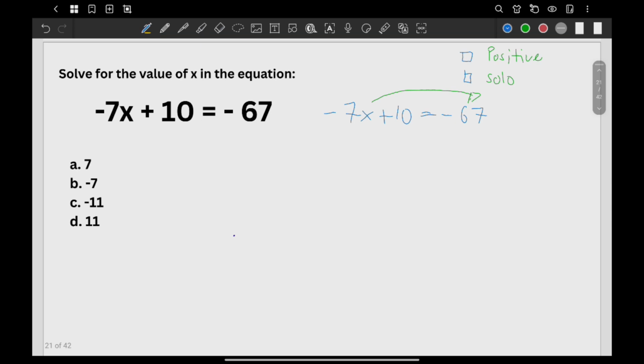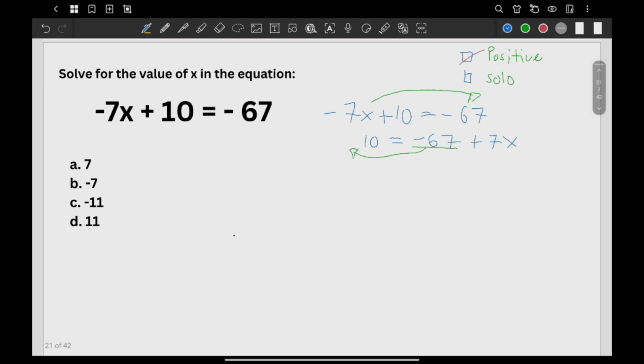Okay, so we have now here 10 is equal to, I will not do transposition simultaneously, just one by one so that you won't be confused. 10 is equal to, I'll copy the negative 67. What will happen to negative 7x? It will become positive 7x. Okay, now is the variable x already positive? Yes. Solo? It's not yet solo on the right side because on the right side, there is still the negative 67. So you need to remove the negative 67 from right going to left.